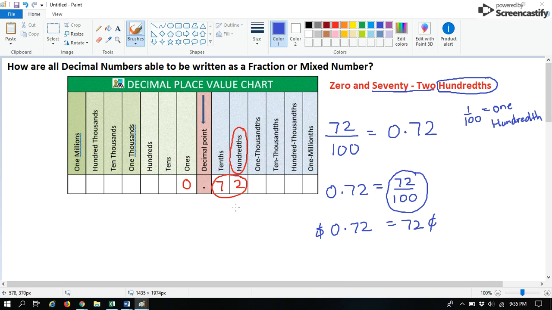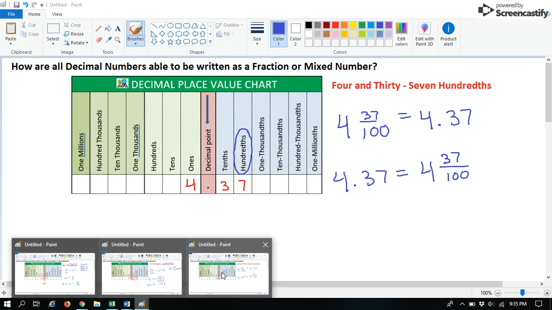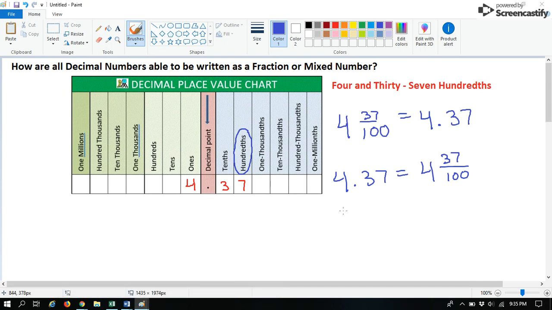And remember, the dollar represents one whole because that's one whole dollar, the same way the ones column represents one whole. And that's another commonality that fractions and decimals have. You're relating them to the benchmark of a whole unit. Now for this last one, we have 4